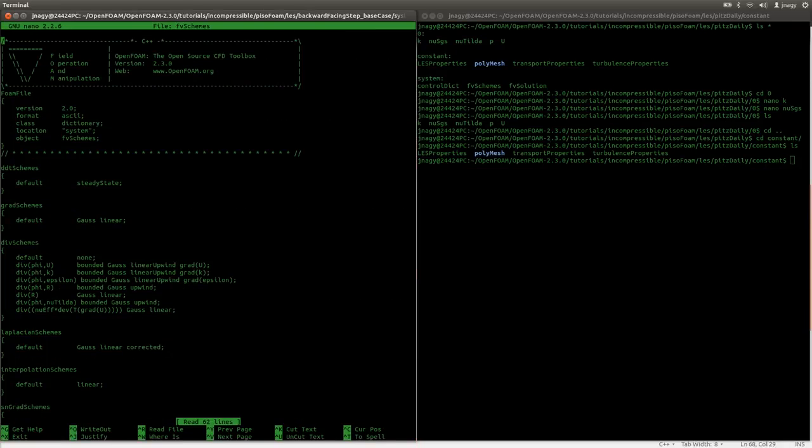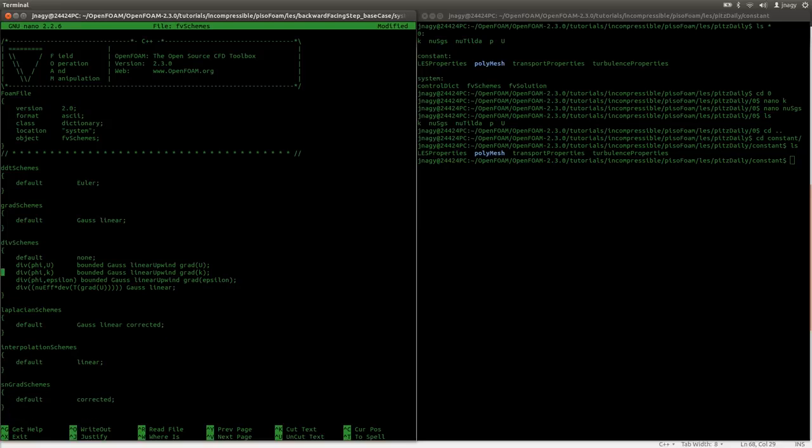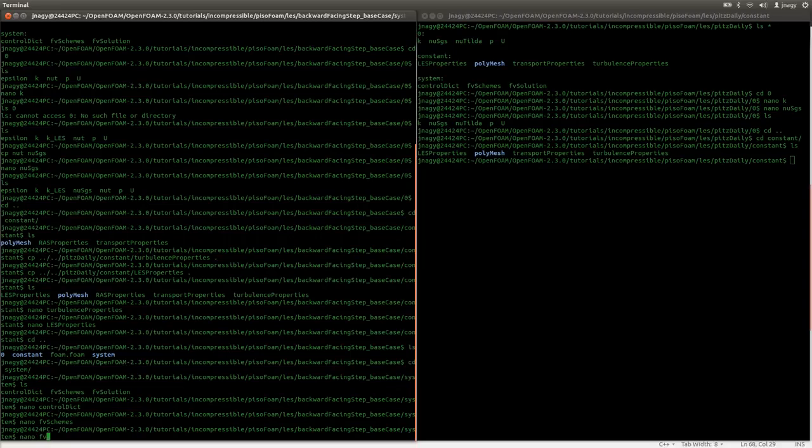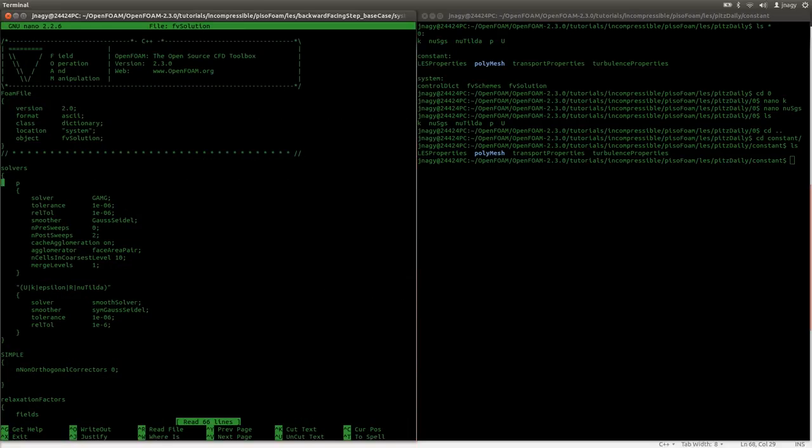In FV schemes we have to set this value from steady state to Euler. And as for the divergence schemes, we do not need the R entry, because we are not using in this case Reynolds stress models, and we do not need the nu tilde. We need k and epsilon for the k epsilon model, for the 2 transport equations within the k epsilon model, and we will need for the 1 equation eddy model the k entry. So I will save this, and in FV solution we need here